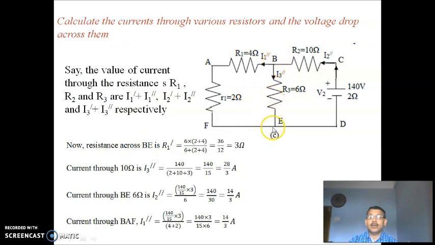Okay, and this gives the resistance equation. Again, the equivalent resistance across B will be for these three resistances. These are in parallel, and these are in series, which is parallel with this resistance. Therefore, the equivalent resistance across B will be 2, and therefore the current through the resistance R2 will be 14 by 3 ampere, the current through R3 will be 28 by 3 ampere, and the current through R1 will be 14 by 3 ampere. Therefore, we have calculated the different currents through the resistances R1, R2, R3 for the two sources individually.